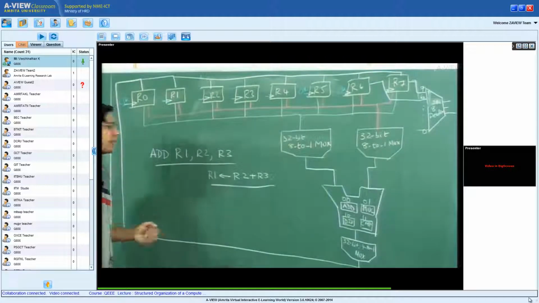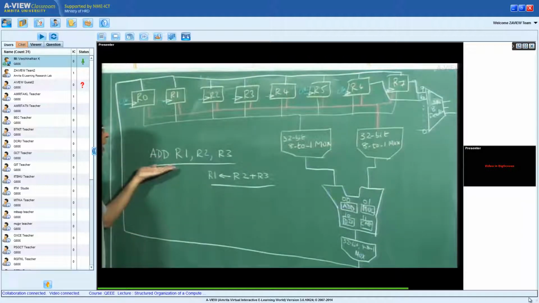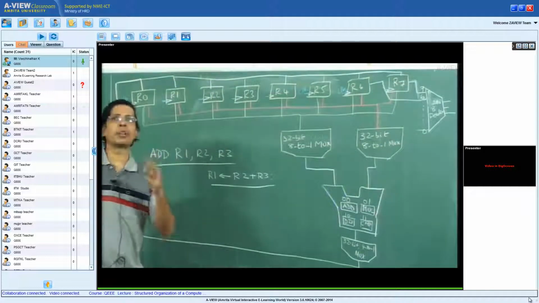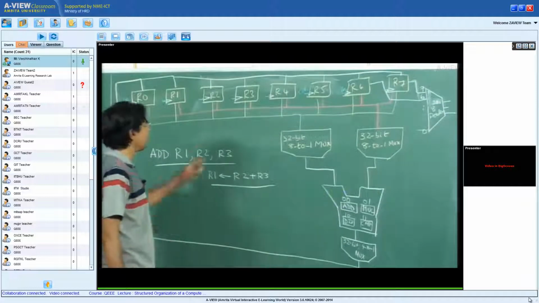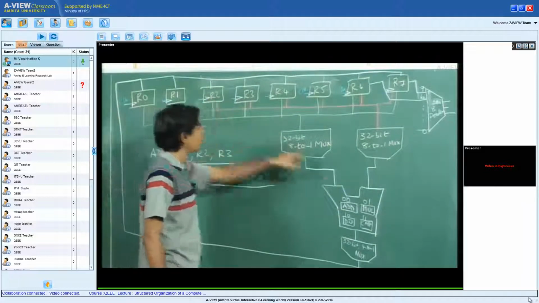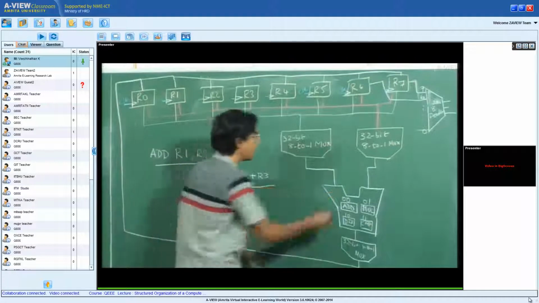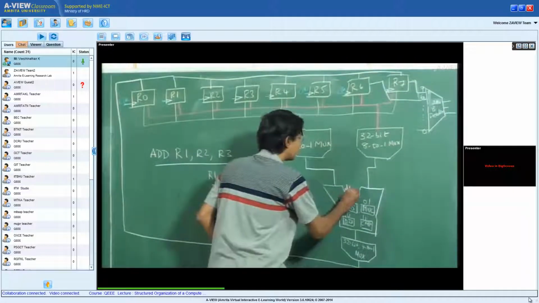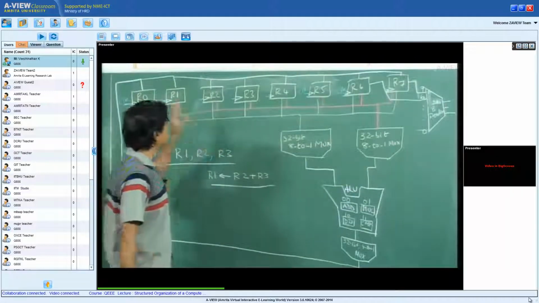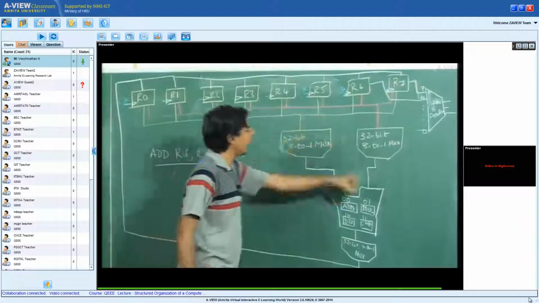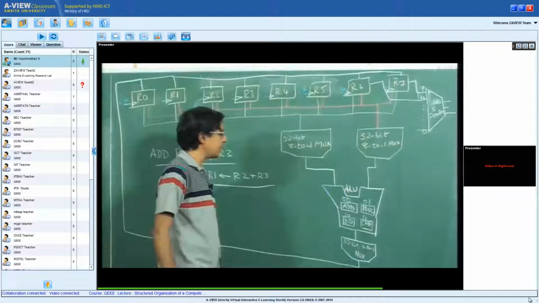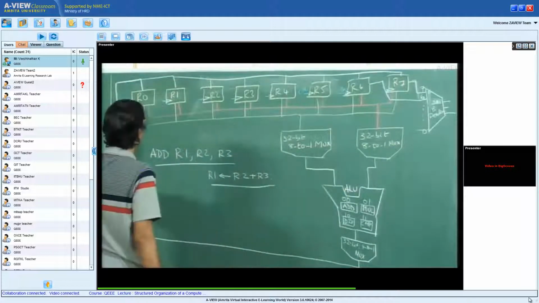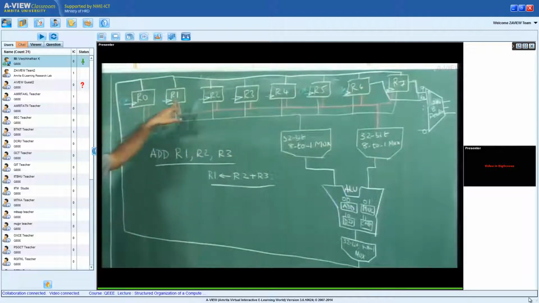So to repeat, this instruction add R1, R2, R3 comprises 3 micro instructions. Micro instruction number 1 is to move R2 to the ALU input. This is the ALU. Similarly, we have to move R3 to the ALU input, instruct the ALU to add, take back the result and store it back into R1.